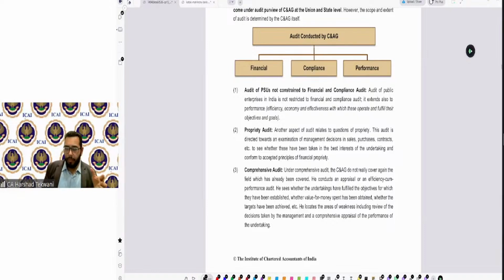Again, whether they follow cash basis or accrual basis, and what the format is, differs from undertaking to undertaking. So there is no standard one, but there are laws and regulations applicable which decide the format, and which decide the way things are required to be recorded in the accounts.